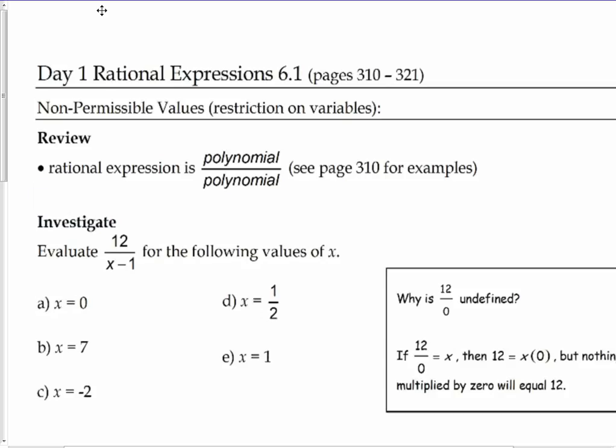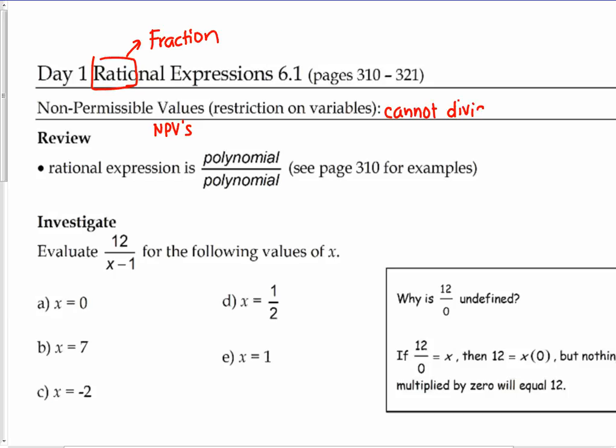So rational expressions. Just to review, ratio means fraction. Now the term non-permissible values, restrictions on a variable, we also are going to call them NPVs. They're really important in this unit when we're dealing with fractions because we cannot divide